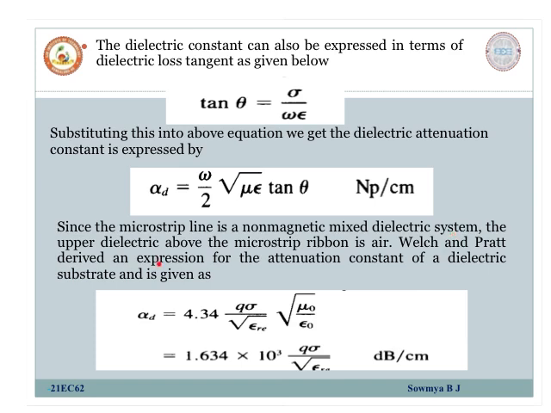The upper dielectric above the microstrip ribbon is air. So Welsh and Pratt derived an expression for the attenuation constant of a dielectric substrate, and it is given as